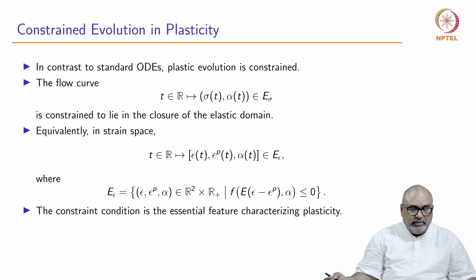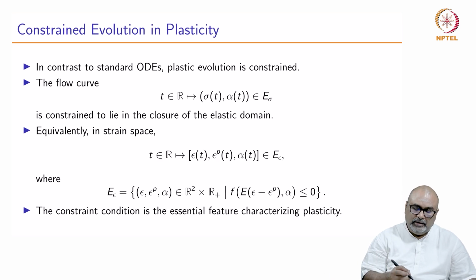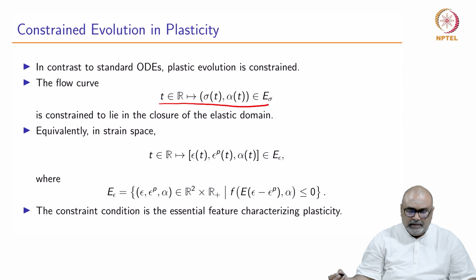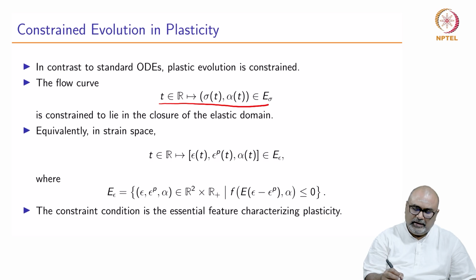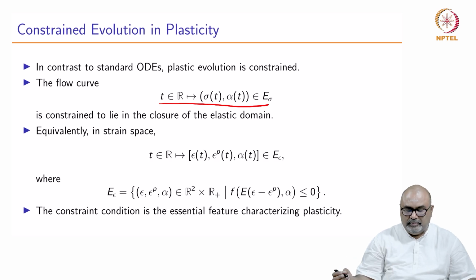So, then we will have unconditional stability when the value of v is greater than or equal to half. So, constrained evolution in plasticity. In contrast to standard ordinary differential equations, plastic evolution is constrained. The flow curve depends upon the time t, which belongs to the real number space, and it is going to be defined by the stress state, which depends upon t, and the extent of the hardening variable alpha of t, and both of these belong to the elastic range E of sigma and are constrained to lie in the closure